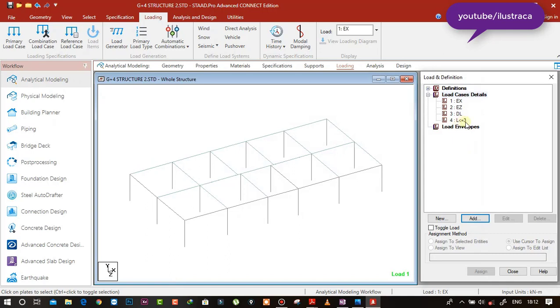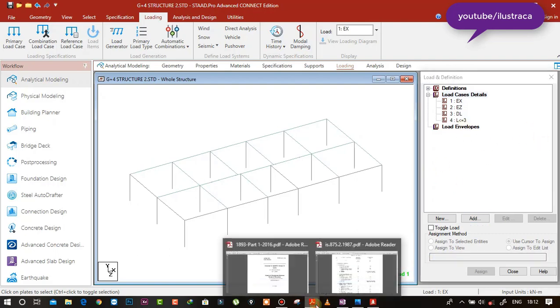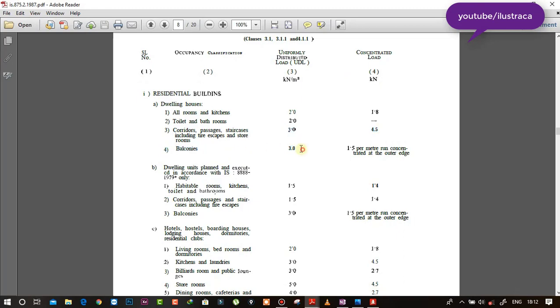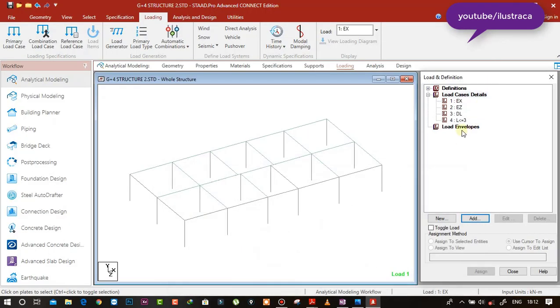So why greater than and less than 3 kN? Because in seismic analysis, if you have a live load of 3 kN or less than it, then we should consider 25% of that live load for seismic weight calculation. And if you have greater than 3 kN live load, then you need to consider 50% of the live load. So in that case, we need to define 2 live load cases so that the software can differentiate between the 2 types of live loads. So you can see here in our case, in residential structure, we have only the highest live load is 3 kN here. So we are not going for that one, the other live load case.